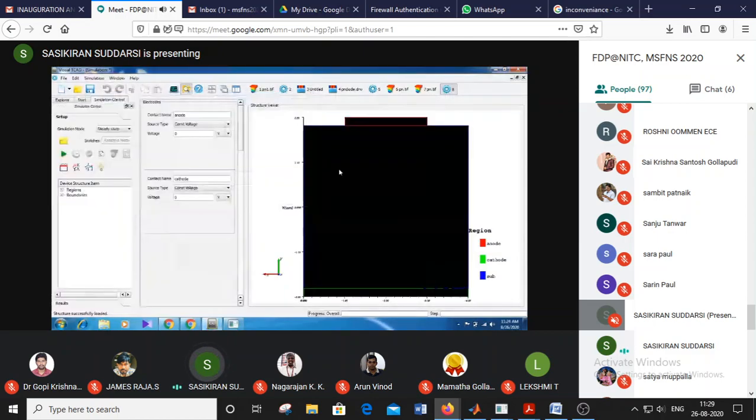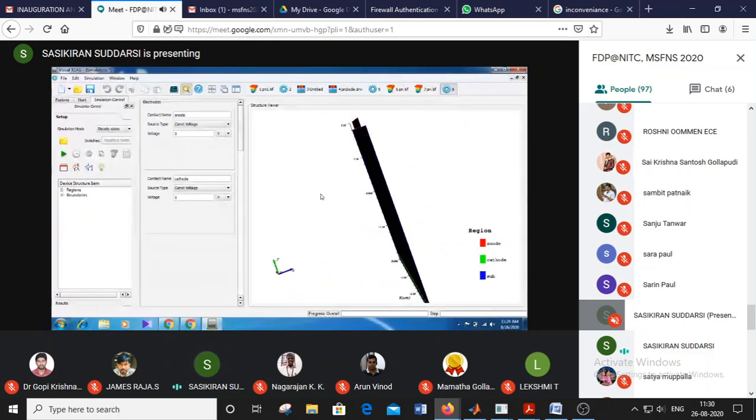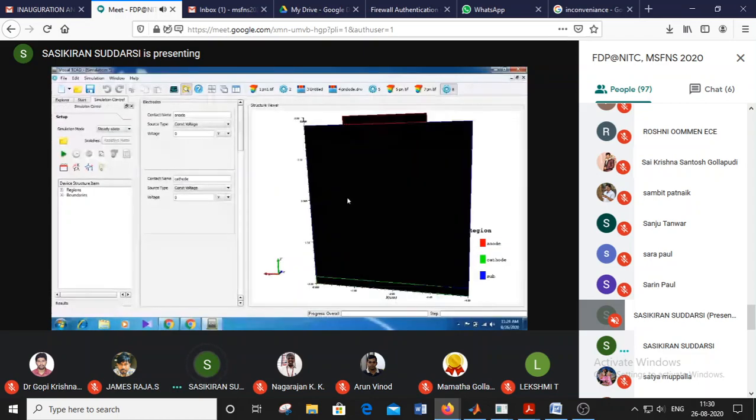See, now it is loading. I think there is some problem in that file, so we will see later. After loading, we can view it like this. You can turn this device.